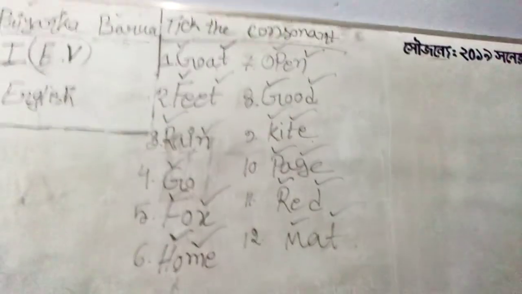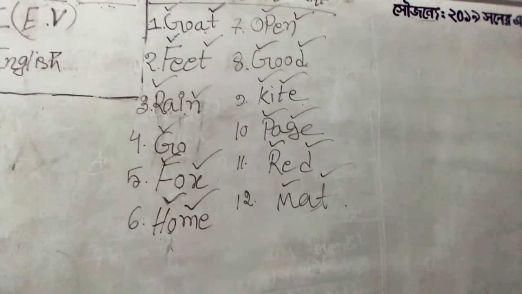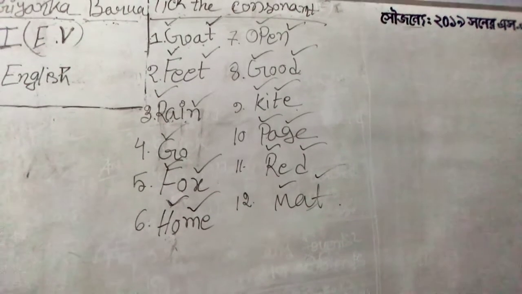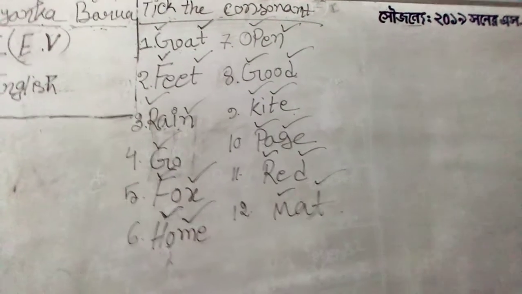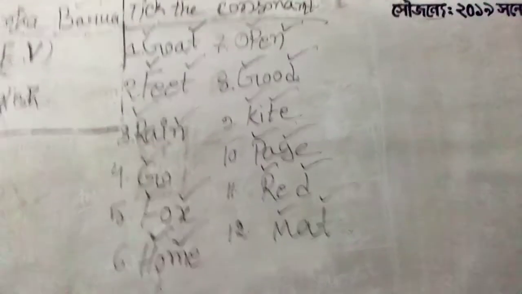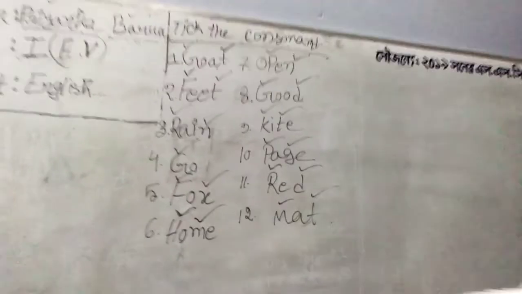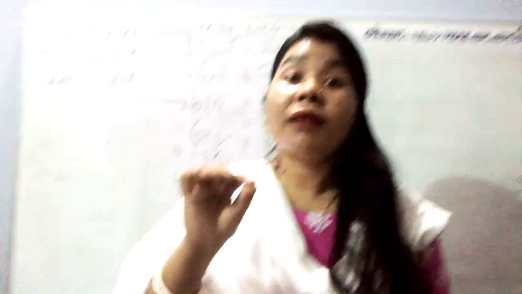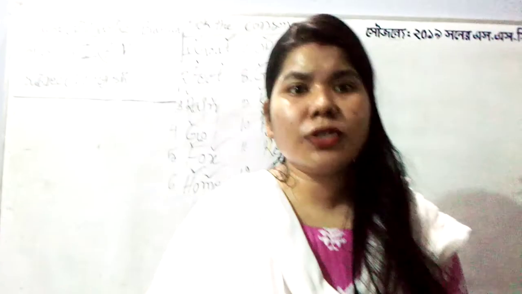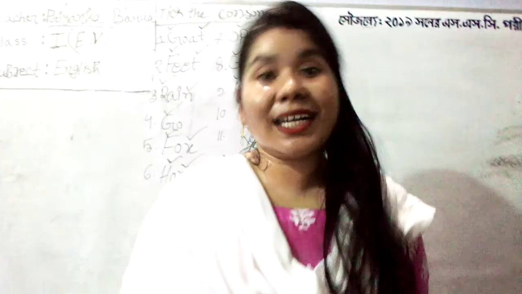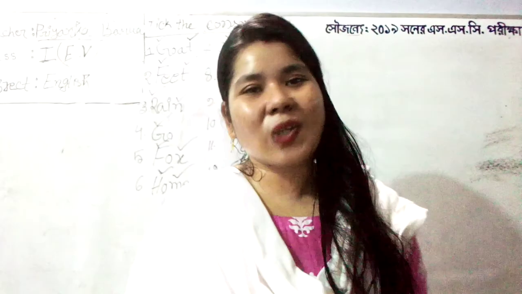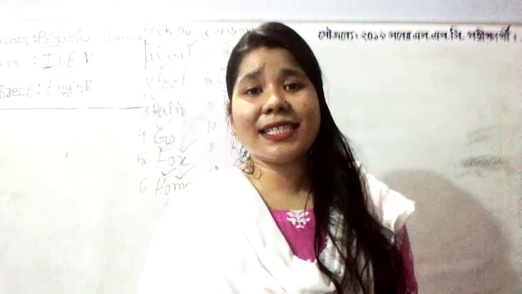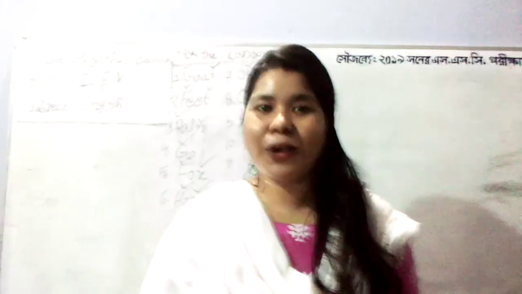So here see G, T, F, T, R, N, G, then X, then H and M, then P and N, then G and D, then K and T, then P and G, then R and D, and the last M and T. These are the consonants. So I hope in this way you can also find the correct consonants. And remember, if you are being asked to tick, just tick the correct consonant. So you have to put a tick mark on the correct consonant. Except A, E, I, O, U, these all are consonants. So whenever you see something like consonant, please put the tick mark for your bracket practice.